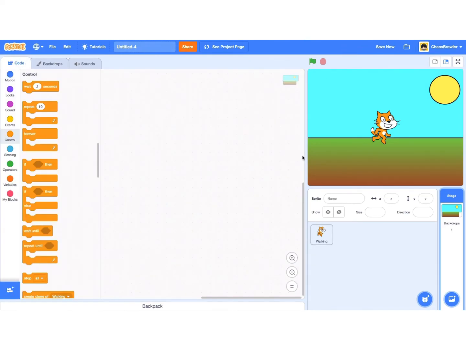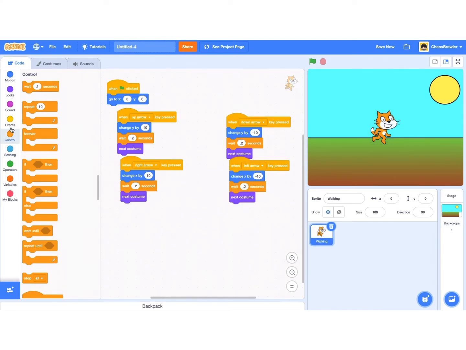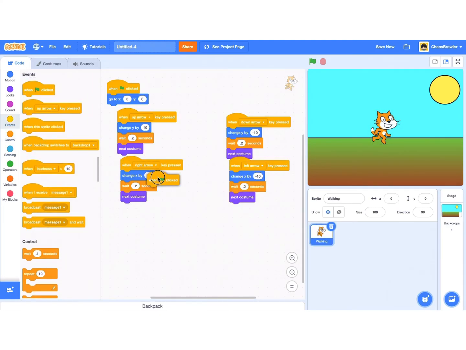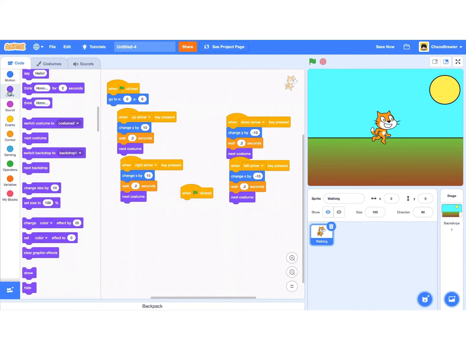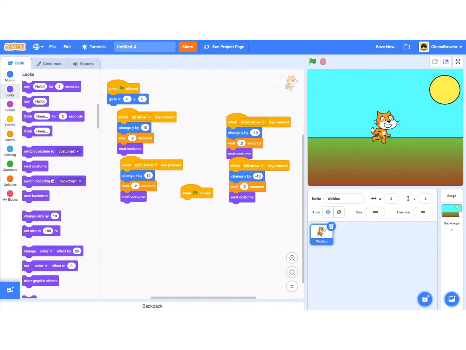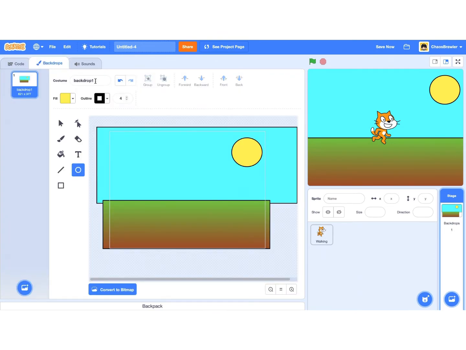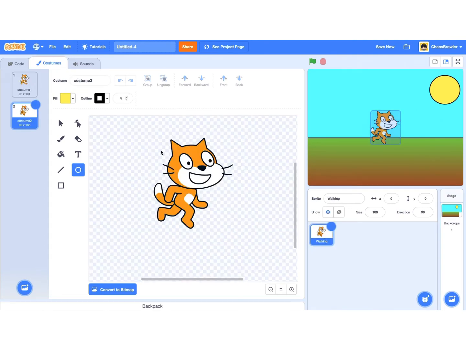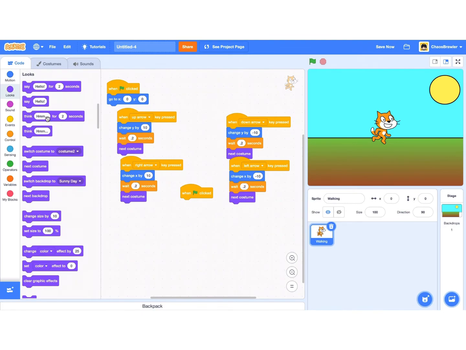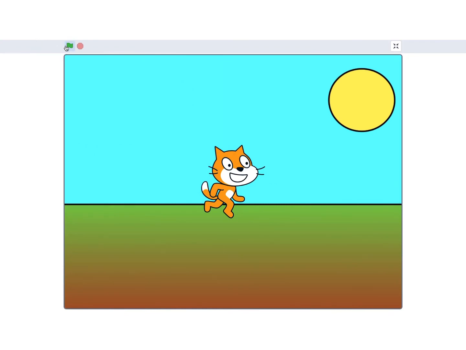Also, we're going to make it so that when the flag is clicked, this is only if you're going to make multiple different backgrounds, set the backdrop to backdrop 1, or we can rename this backdrop to, what should it be called? We'll just call it Sunny Day because why not? Now we're going to make it switch backdrop to Sunny Day, and now we run it through, and look at that,